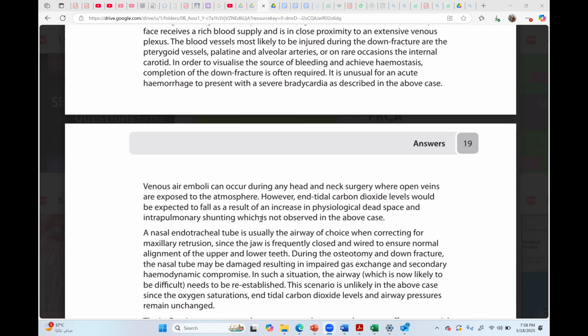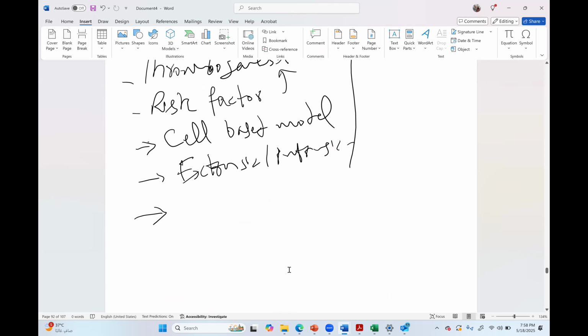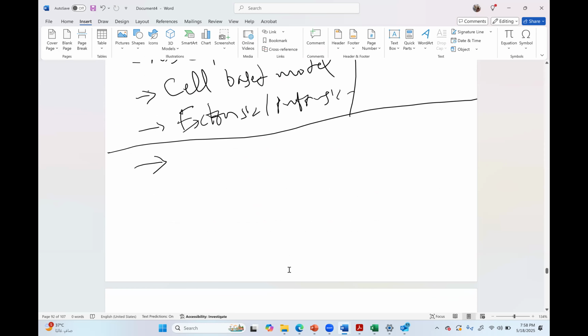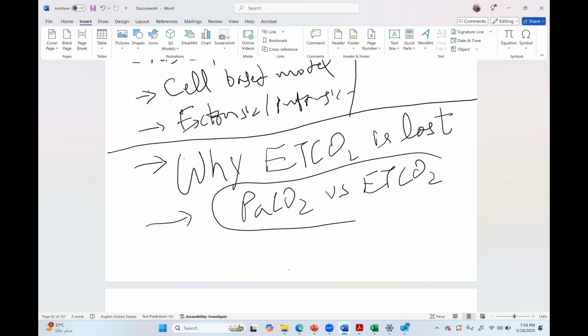Sir, venous air embolism is usually a complication of posterior cranial fossa surgery or any craniotomy, or hysteroscopy in gynae. The air moves from the vessels into the right atrium, to the right ventricle, and from the right ventricle into the pulmonary arteries. So it usually obstructs the blood, and venous return quickly drops. That is why there is no carbon dioxide to exhale, and end-tidal CO2 abruptly falls. Then the PaCO2 will also decrease. Yes, sir. No, PaCO2 will increase.